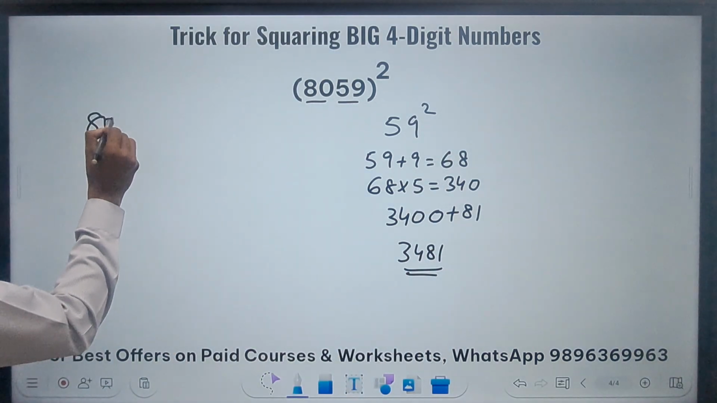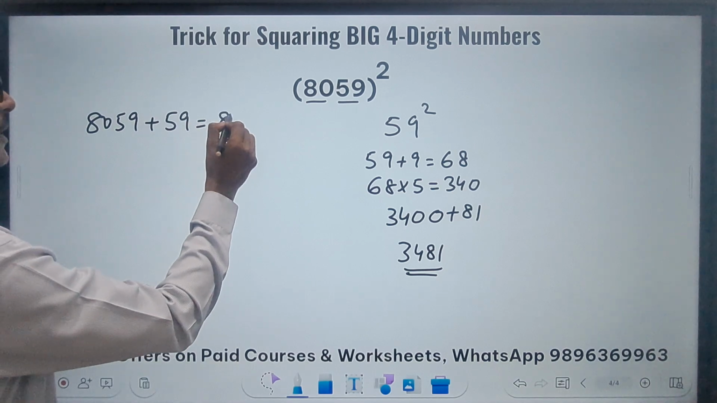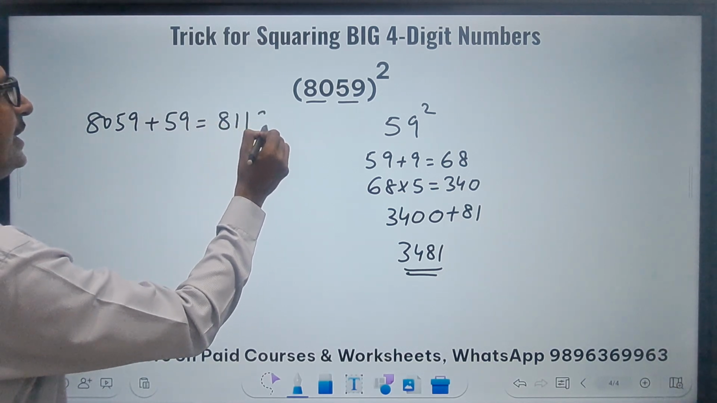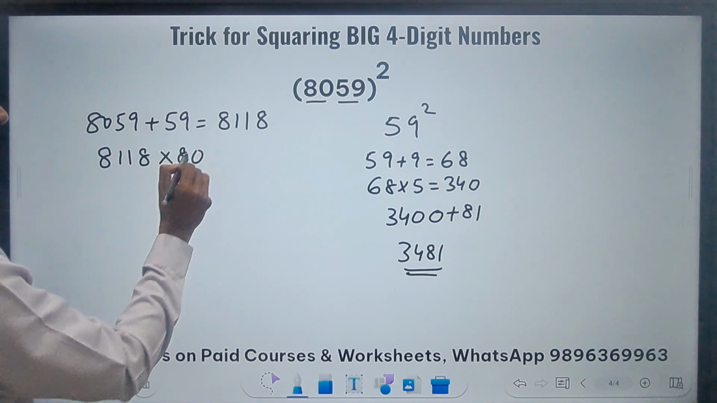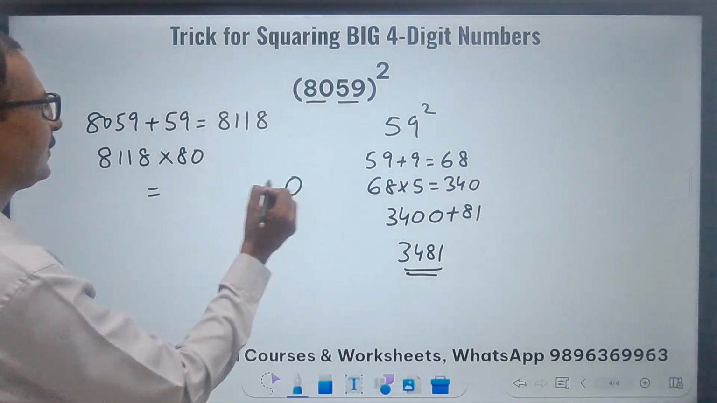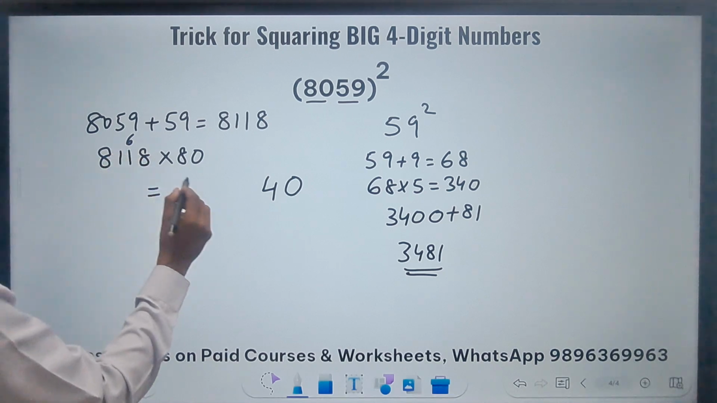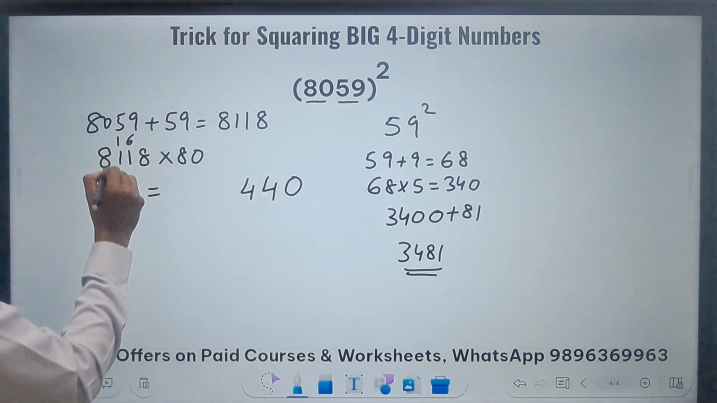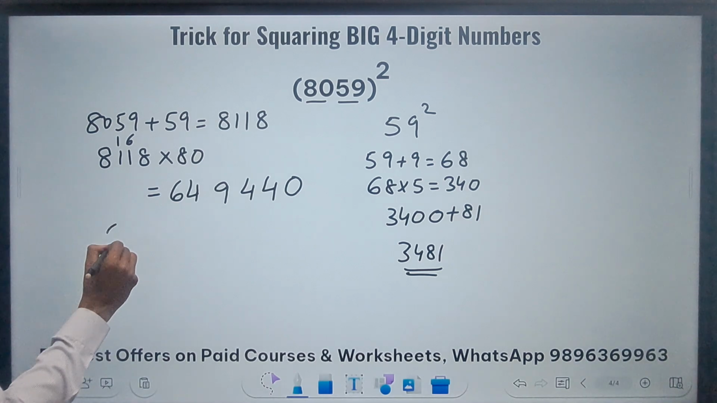Now 8059, if I want to add 59 to this, I will get 8118, right? And 8118 times 80 will be a 0 here, and then 8 8s are 64, 4 and 6; 8 1s are 8, and 6 is 14, 4 and a 1, then this is 9, and then this is 64. So you have